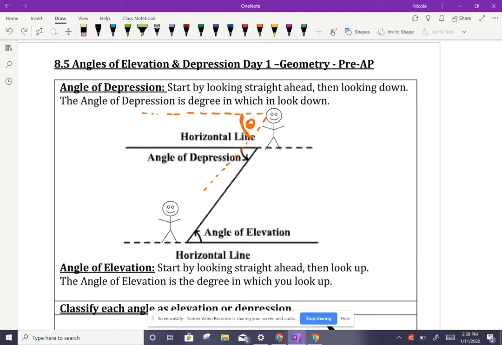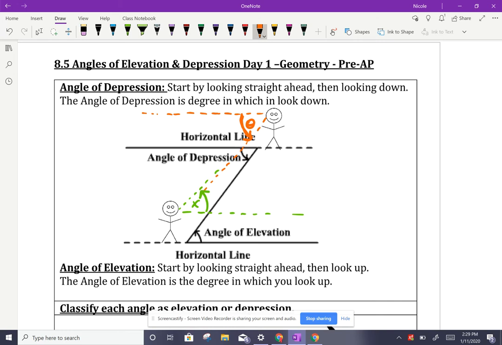When you're talking about angle of elevation, it's similar. You're starting looking straight ahead, and then how much your head moves up, that movement is the angle of elevation. So from straight ahead to looking directly up is the amount your head moves, and that movement is your angle